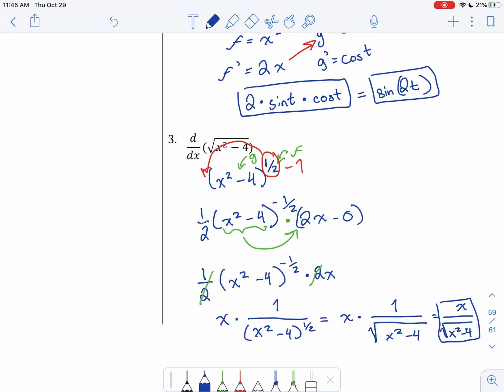So there's definitely times where leaving it in the unsimplified version is fine, but you want to be able to simplify it as well. If you have questions about any of our new rules for derivatives, please let me know,